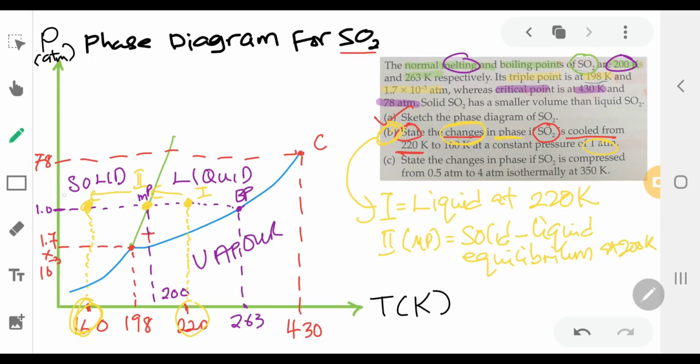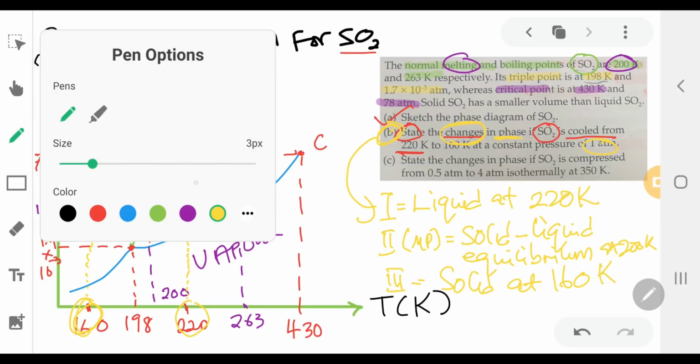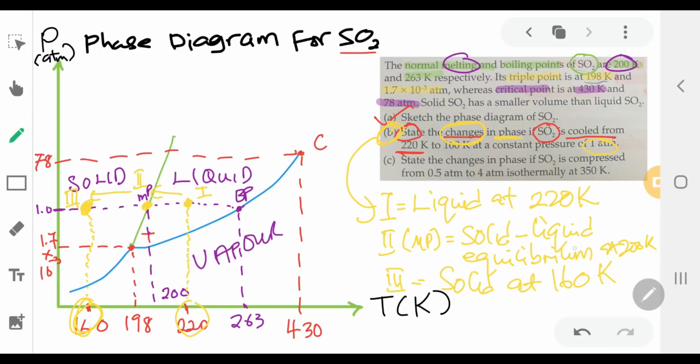Now you move to that point, let's say point 3. Point 3 is in this region, which is solid, at 160 Kelvin. So that's how you answer question B. When you look at C, it's quite similar to what we have done for part B. I'm going to use black now for C. It wants you to state the changes for SO2 as well, but this time